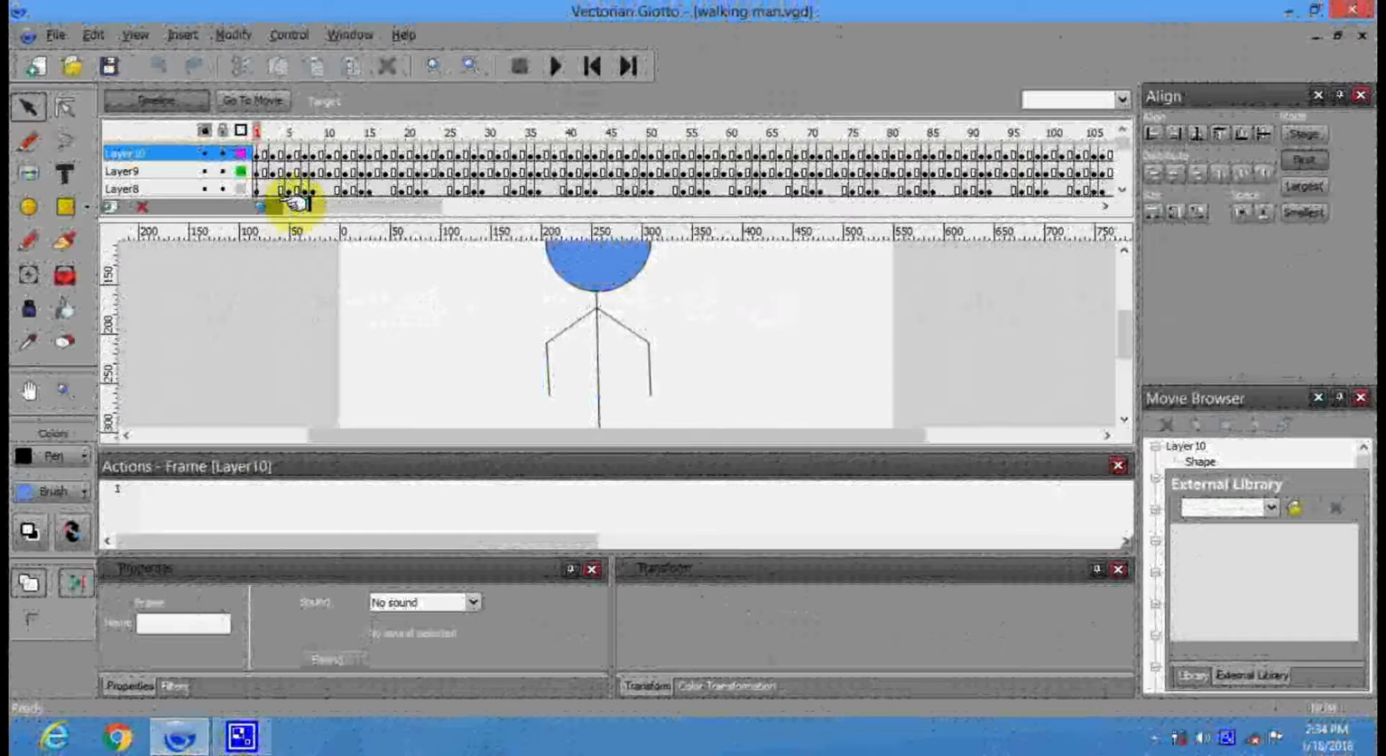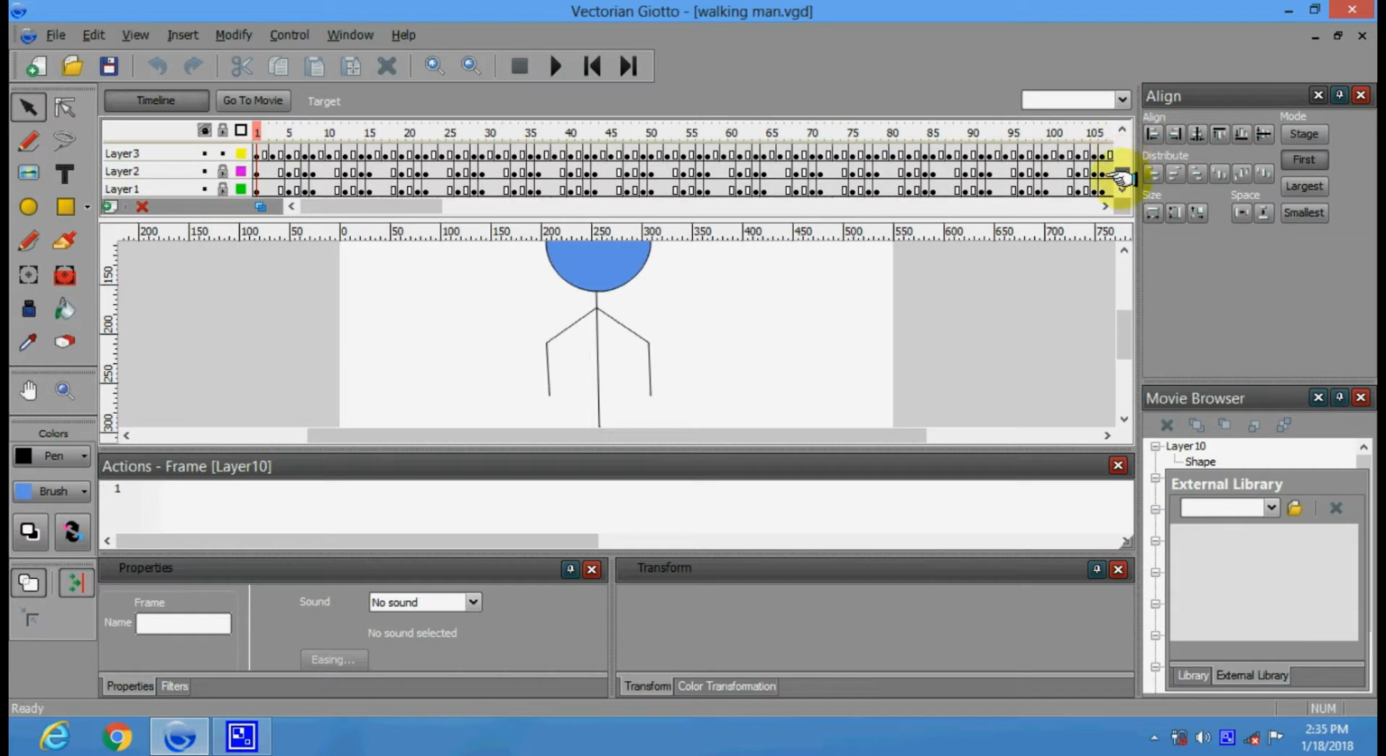Today I'm going to teach you about making simple animation using Vectorian Gitto. You can make a simple animation by the software. See, I made a walking man animation, and you can see that slowly we have added a lot of